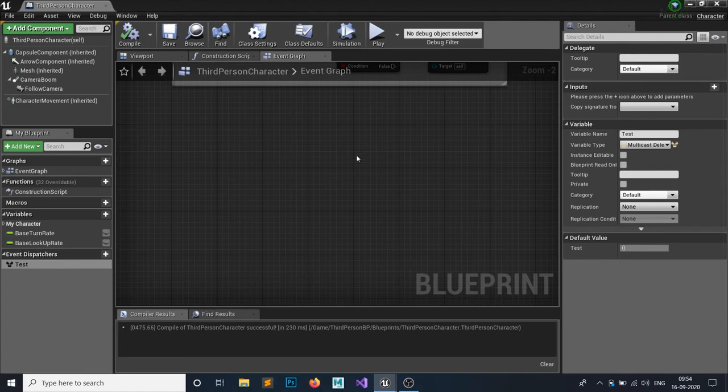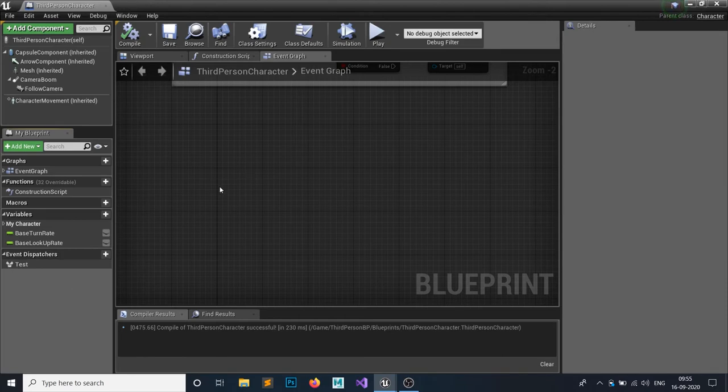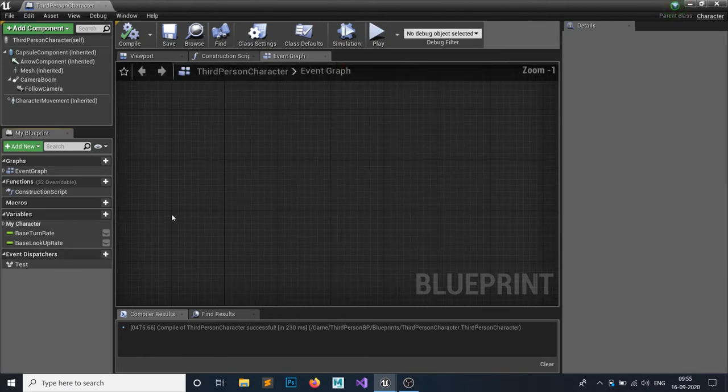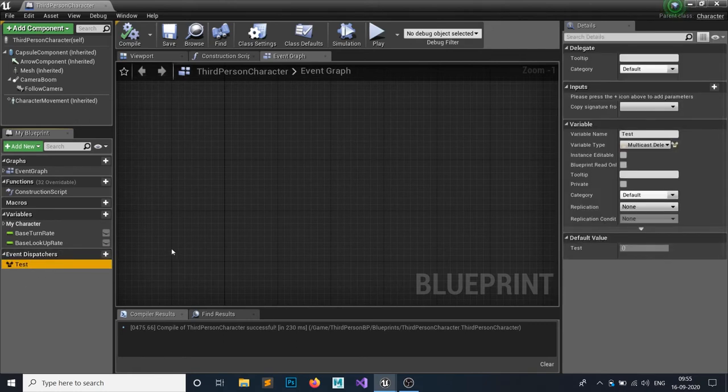So the target should be your actor. You send a message to your actor, and whichever actor wants to receive the message can interact. In the event dispatcher, you don't need to specify that. You just call this, and all of the actors which are bound to this event dispatcher will get called.